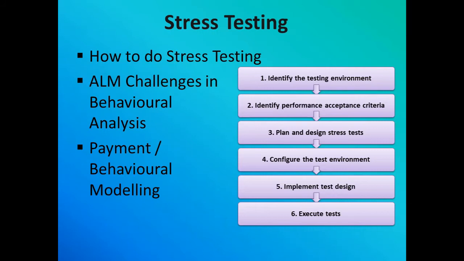And then the fifth one, implement testing, which means developing the stress test in accordance with test design best practices. And then the sixth one is execute test, which is to run and monitor the test. Once they have designed and implemented the test, they have to run it. They need to validate the test. So they have to run and monitor the test, validate the test and test data, handle request cancellations, and collect results.